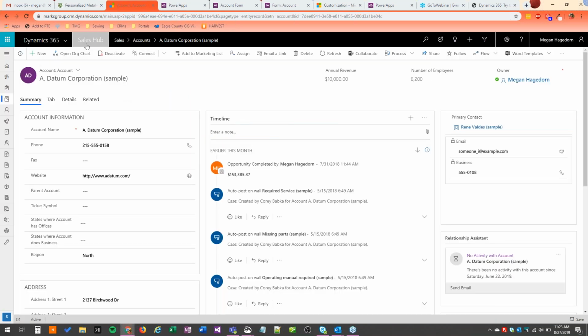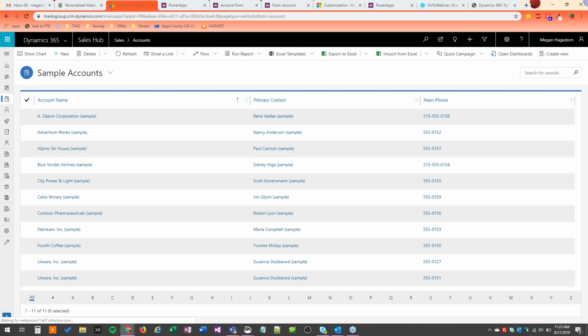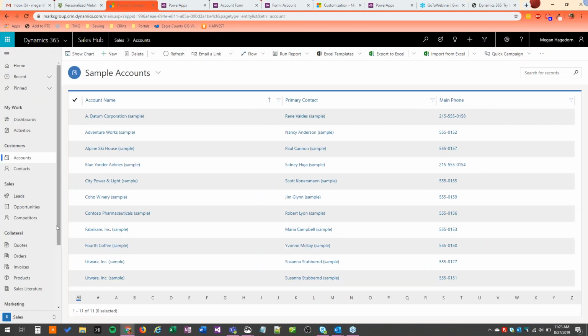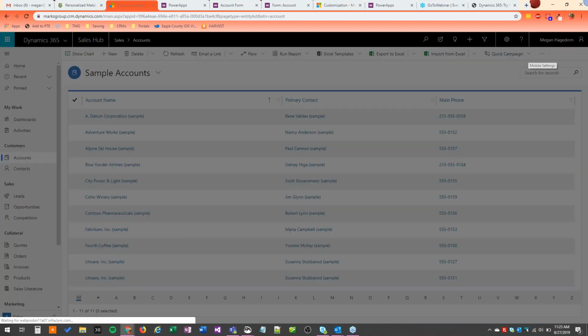This is talking about, if we go back to the main area of the Sales Hub, this landing page, and expand these for a moment, we're in the Sales pane, or the sales area, rather, versus app settings or training. So we're in the sales area, and then the accounts tab within that. If we go back here and select Personalization Settings,